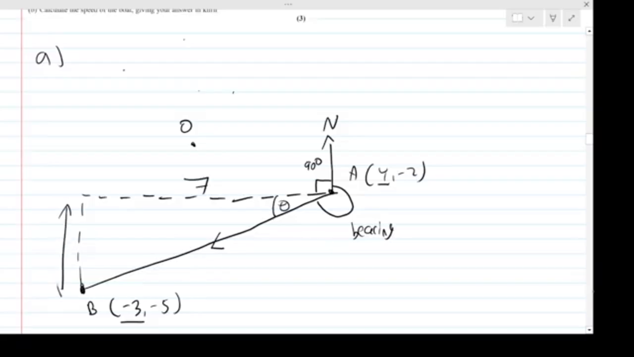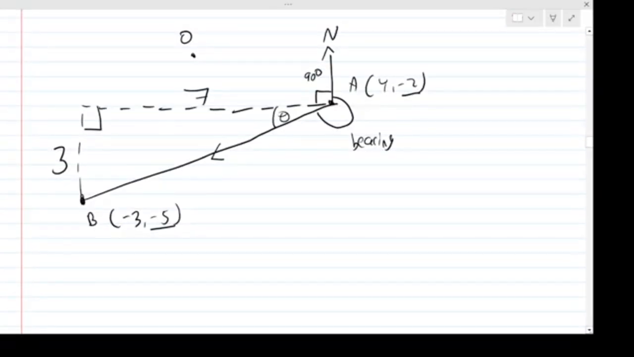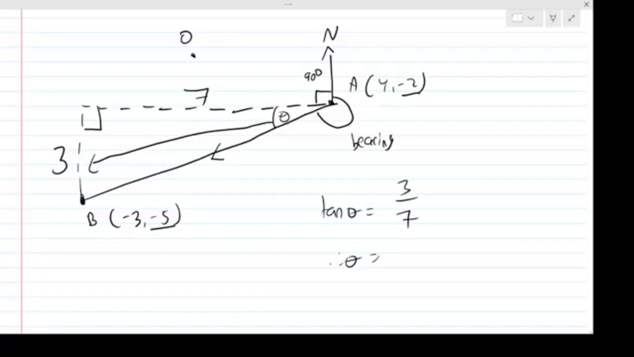Likewise for Y, this height, I'm at minus 2 here for A, and then I'm at minus 5 here for B. Overall I moved down by 3. So then this is the right angle here. I can then use SOHCAHTOA to find theta. Theta is opposite the length 3. So tan theta is opposite 3 divided by the adjacent 7. So therefore theta, if I compute that,